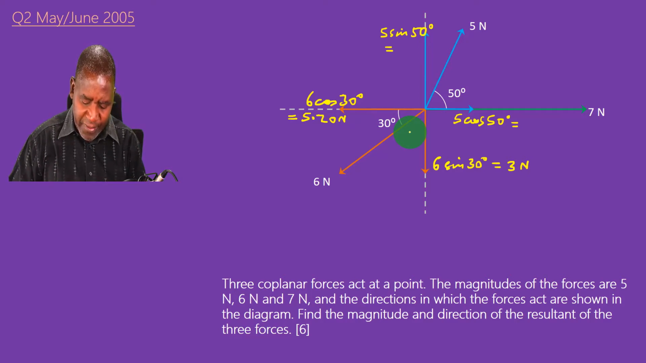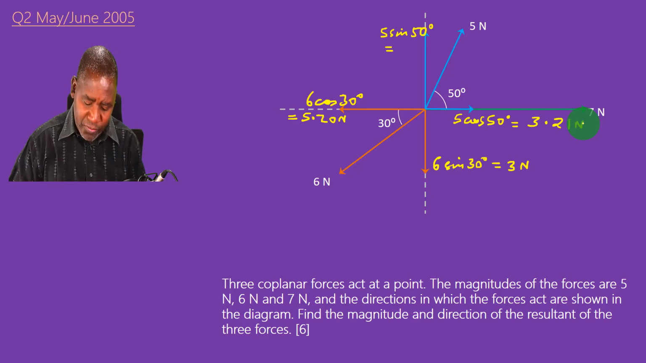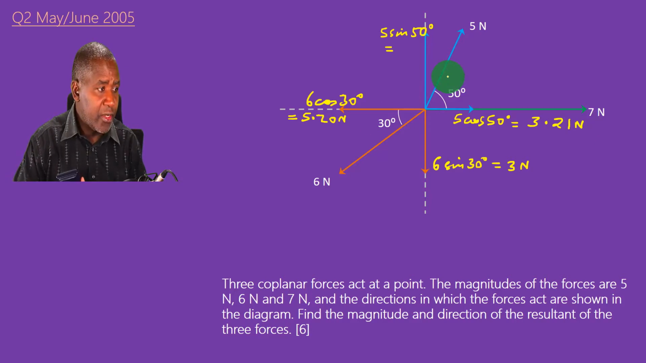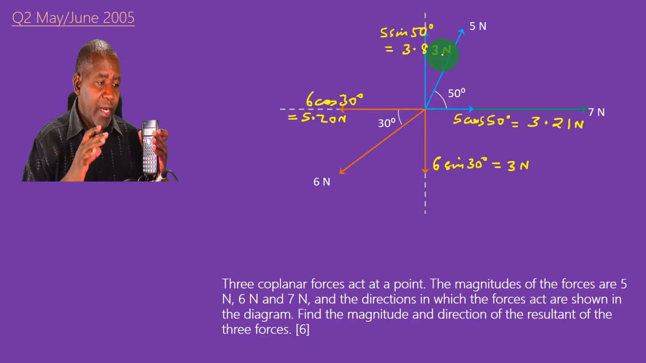The other one is 5 cos 50. And you can see it is 3.21 newtons. And the last one is 5 sine 50. And that is 3.83 newtons. So you have resolved the necessary forces in order to make sure that all the forces are either